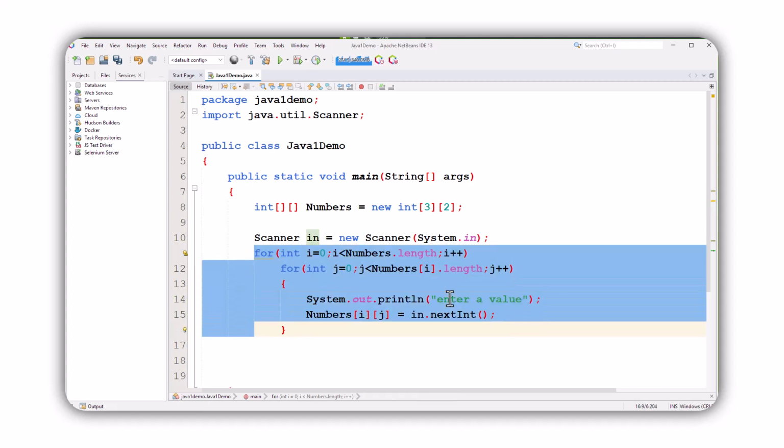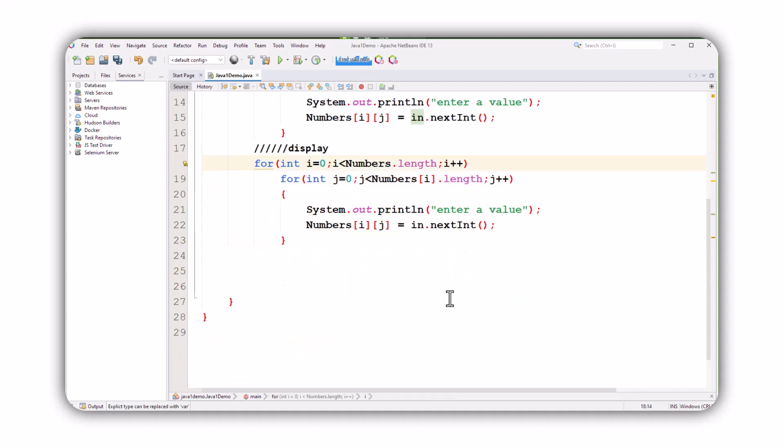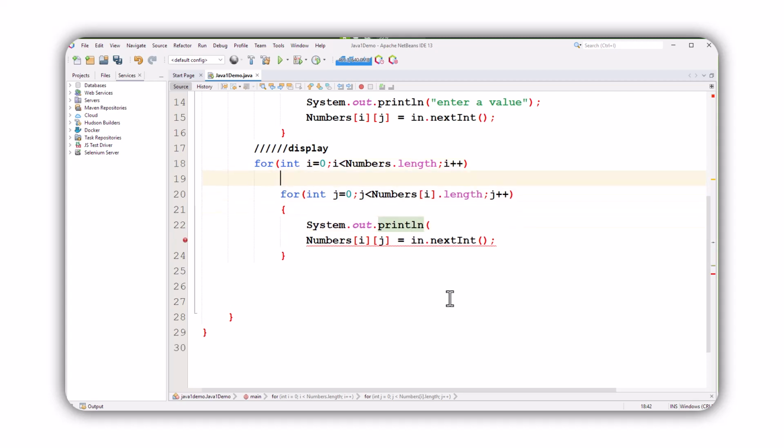So what I will do, let me just write here display. Again the same thing, the loop runs from i to numbers less than numbers dot length, and then j runs from numbers index of the row and dot length, and here we are going to simply display this. Let's say we remove all this. We will try to display these ones as, let us create